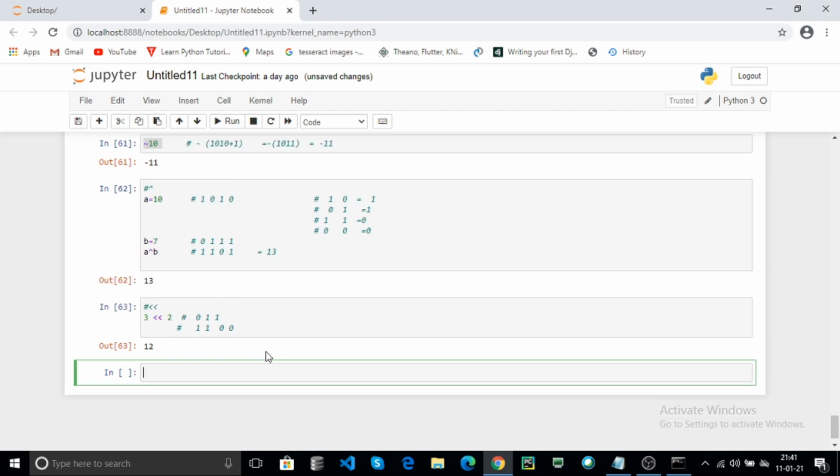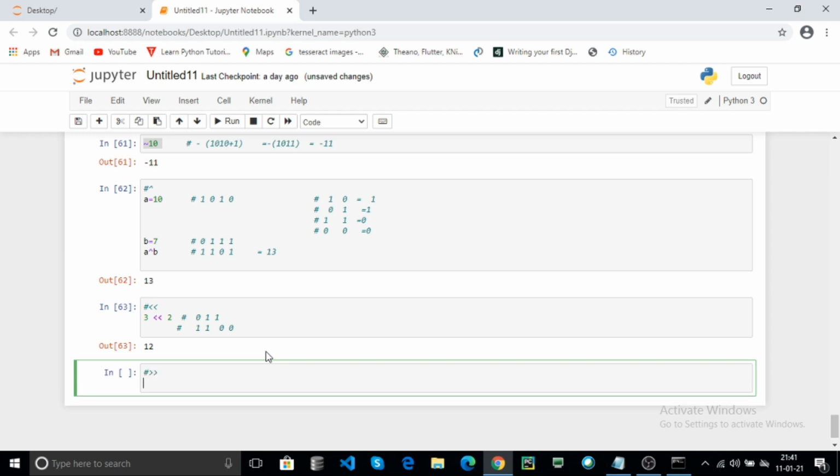Here also use the right shift. For example, 10 right shift 2. Here the 10 binary is 1 0 1 0.